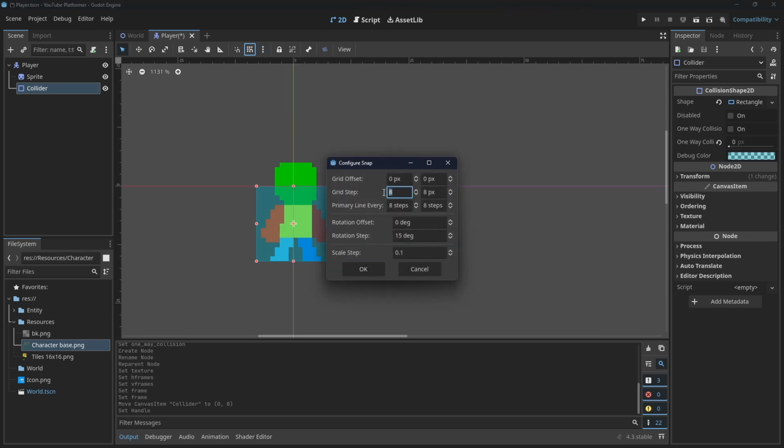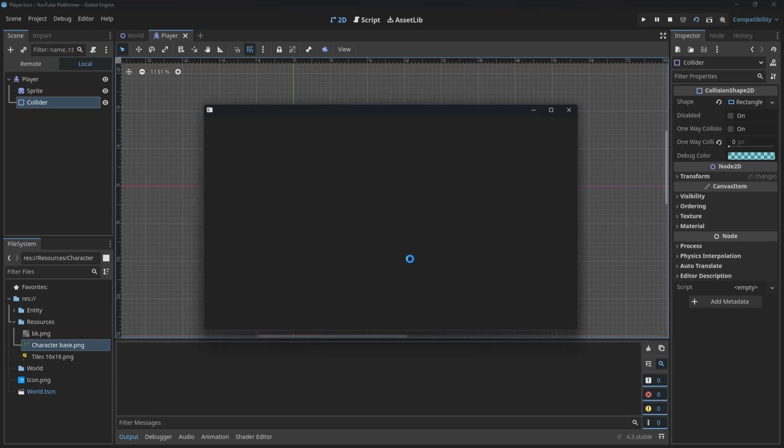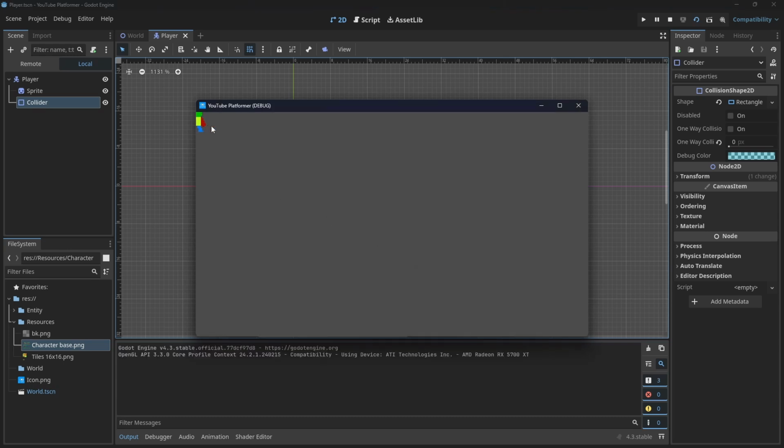Grid step is 8 pixels; we want this to be 1 pixel. Hit OK and turn snap back on. There we go. So now I'm going to drag our collider to about this size, and that will be the collider for our player. So now if I run the current scene, we see our character, and once again,